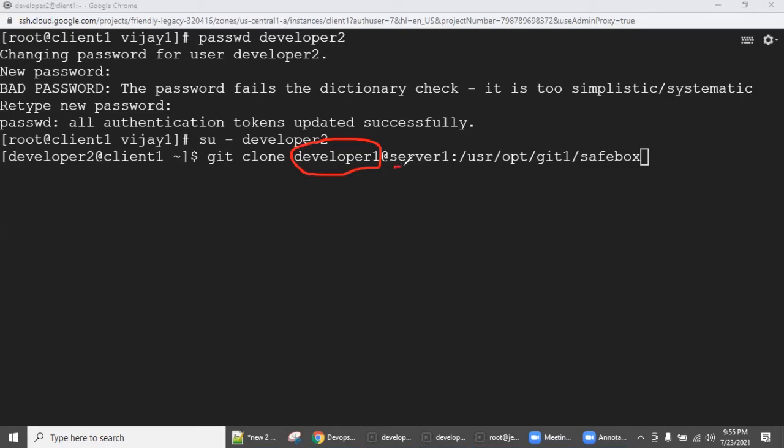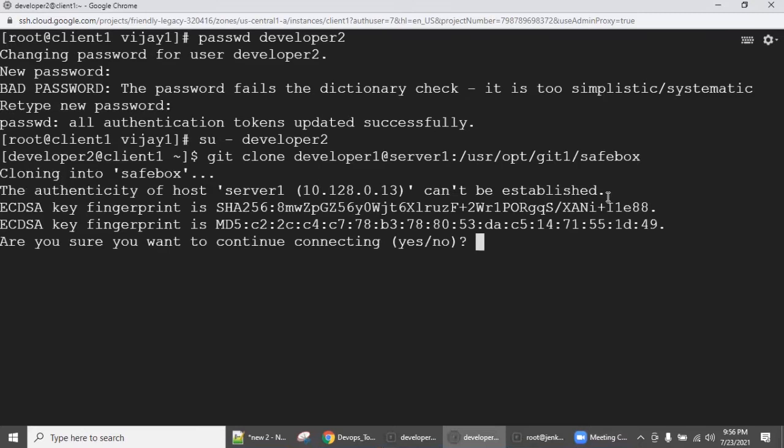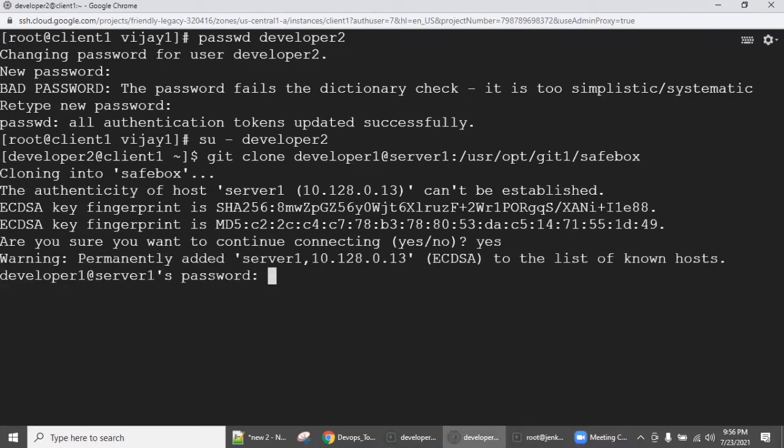And then the GitHub server we nominated, server 1, is where we initialized the bare repository, and where we have started pushing all updates from everywhere. And where is this repository located? You need to give all this information and press enter the first time. Then you give the password, CNL12345.